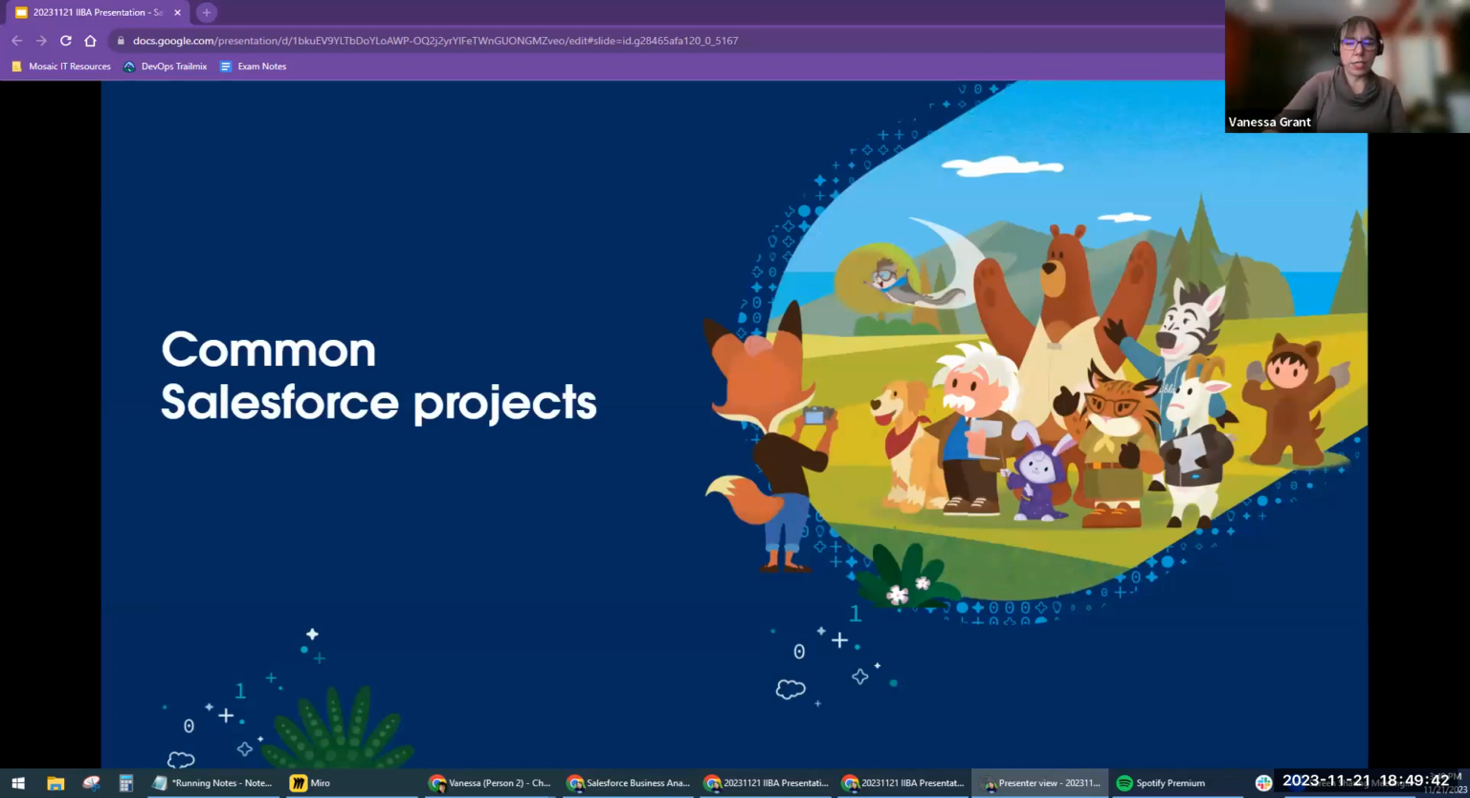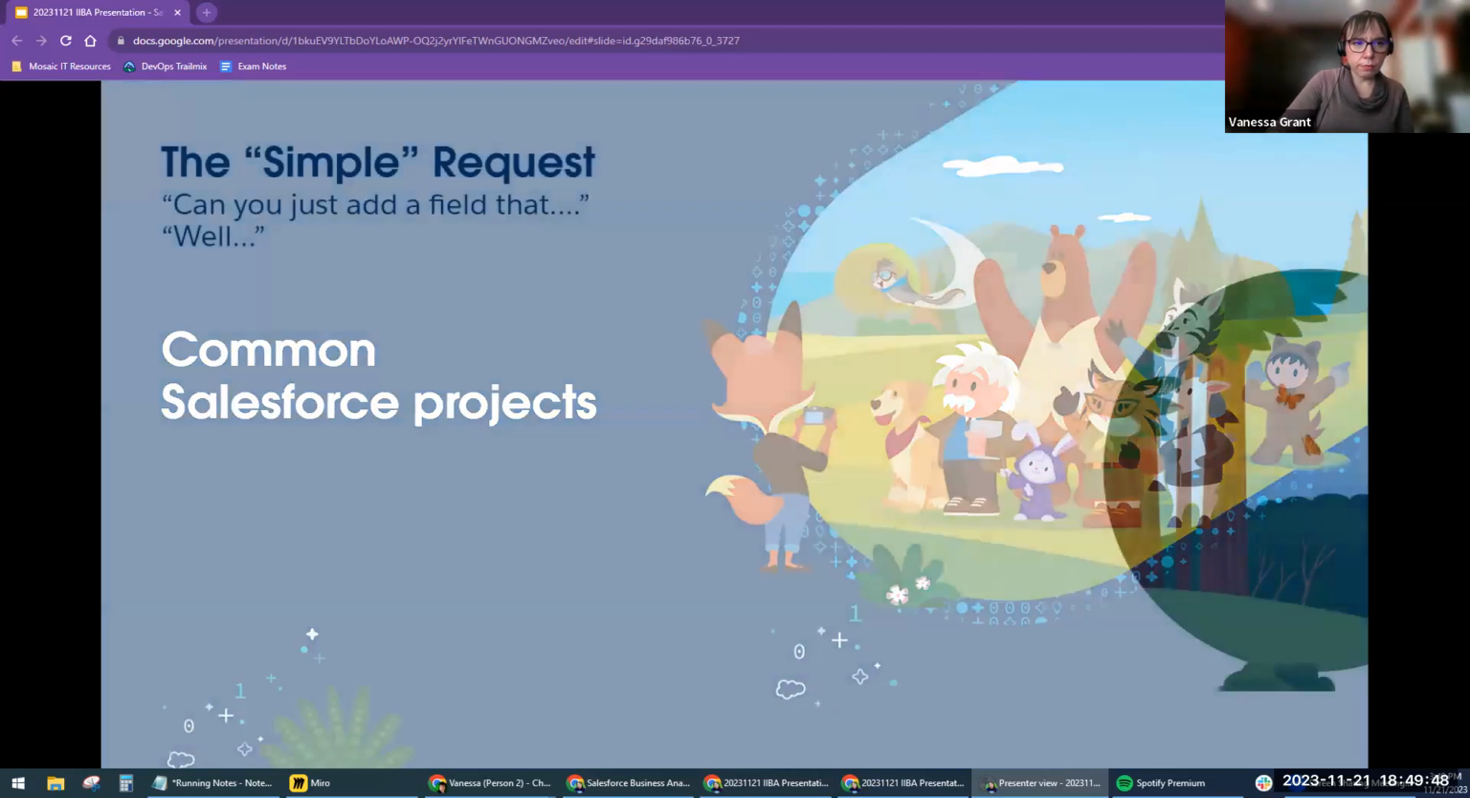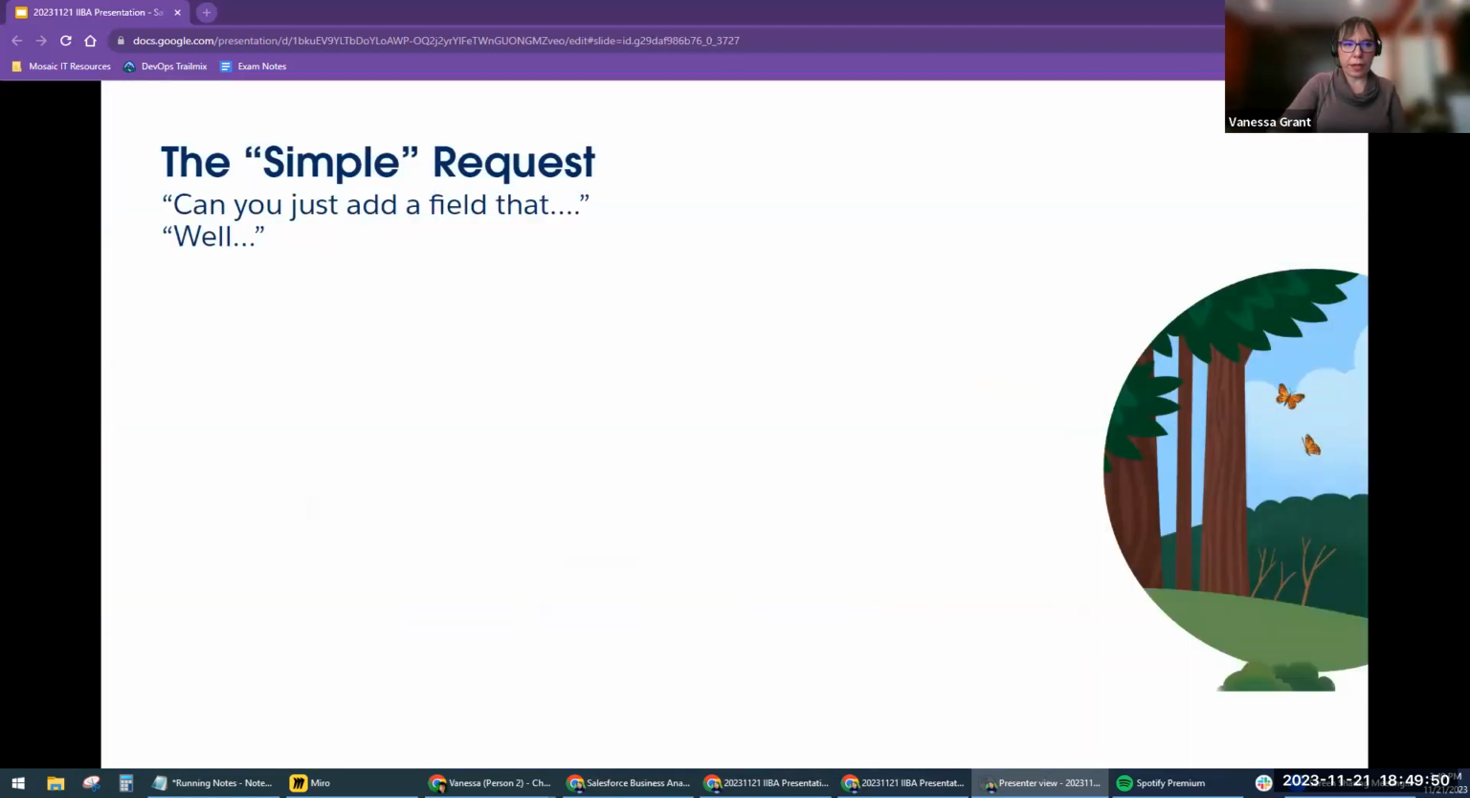Touching on some common Salesforce projects. These are the ones that I have run into the most in my career. First is the simple request. So a simple request often starts, and this could be whether you're a consultant or even internal, like you get a case or a ticket: oh, can you just add a field that, dot, dot, dot. Well,